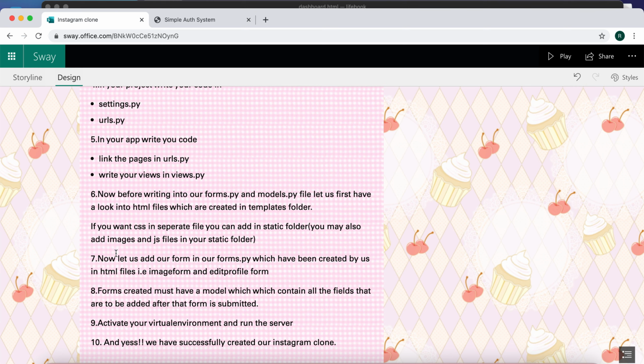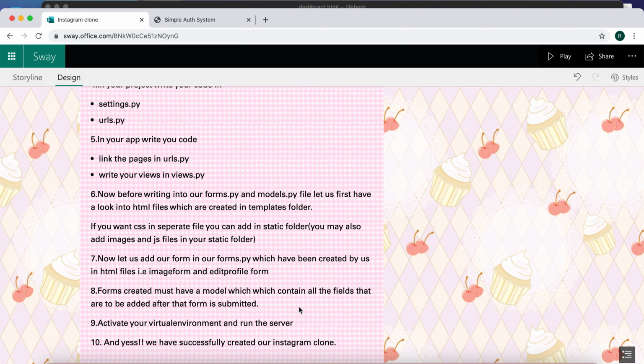The next thing is, now let us add our form into the forms.py file which we have created in HTML files, that is the image form and the edit profile form. I've already shown you the two forms which we have added in the forms.py file. Forms created must have a model which contains all the fields that are to be added after the form is submitted or clicked, right?